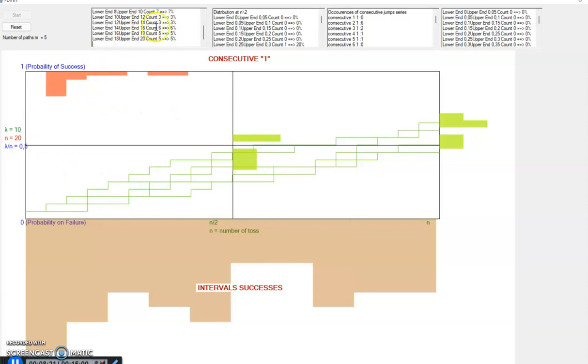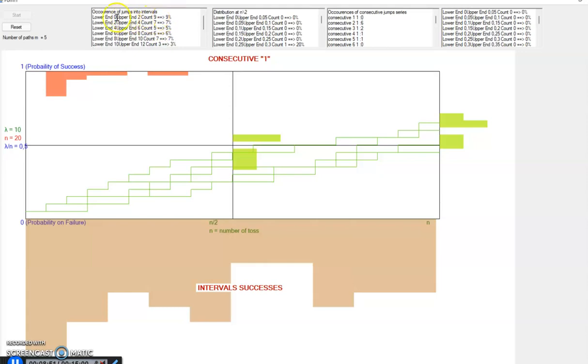In fact, we have here a lot of random walks, as we saw before. By growing the number of experiments, the distribution gets closer to the probability, in this case the parameter passed as input for the Bernoulli distribution. And here there is the distribution of intervals, jump intervals, as